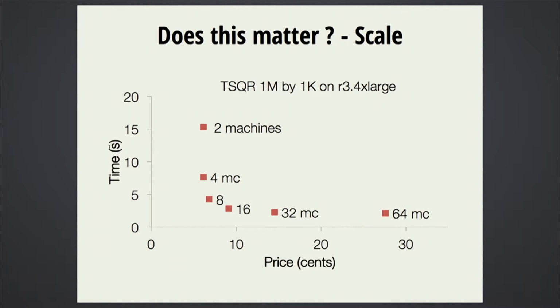But after 8 machines, you see the performance flattens out. When you go from 16 to 32 machines, the running time hardly changes, but you've now paid double the amount of money for renting these 32 machines. And in some cases, we even see the performance get worse. For example, 64 machines performs worse than 32 machines. So you're not only paying more money, but you're getting worse performance than you could have.